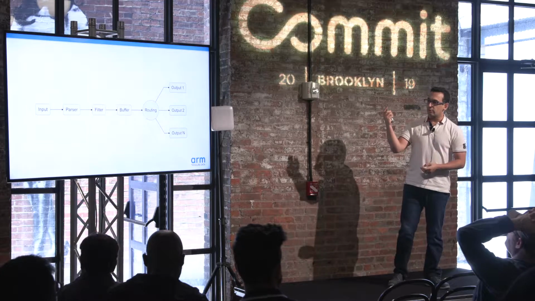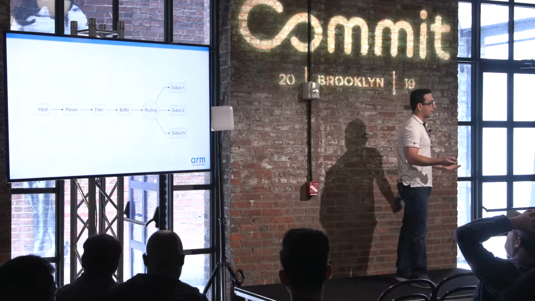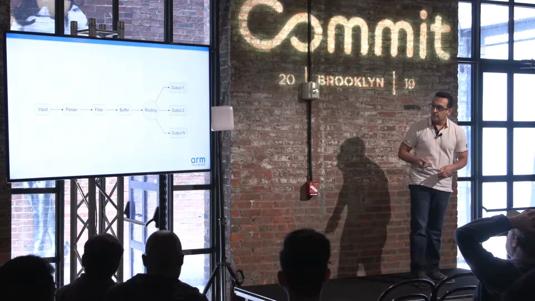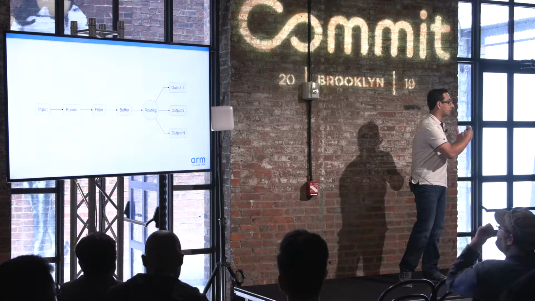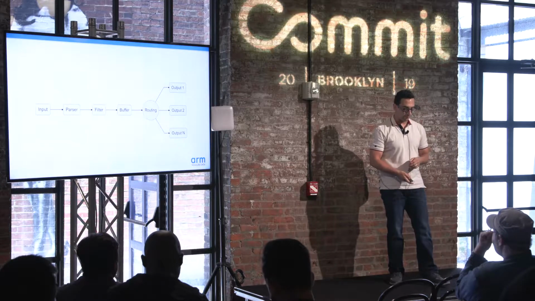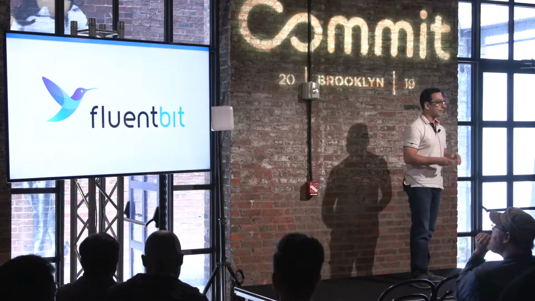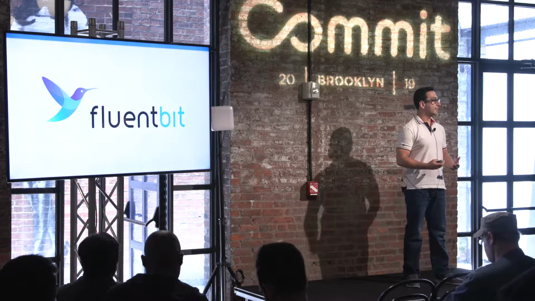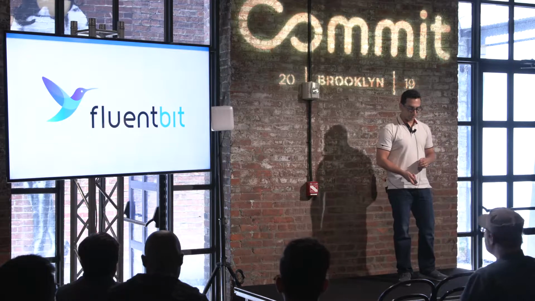And we came up, years ago, well, we didn't, but this has existed for years, with a design called a data pipeline, which basically says you collect data from an input, you parse the data, you filter the data, you buffer the data because you don't want to lose records, and then you route that data out to a database or a central place where you're going to do your own analysis. And this design was used to build Fluent Bit, the project that I'm going to talk about. It's a fully open source project that is part of the CNCF and allows you to solve all these data collection and logging problems.